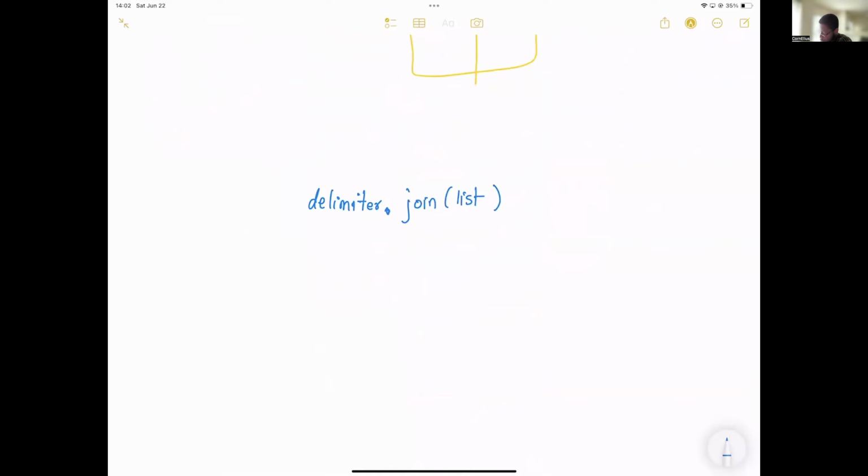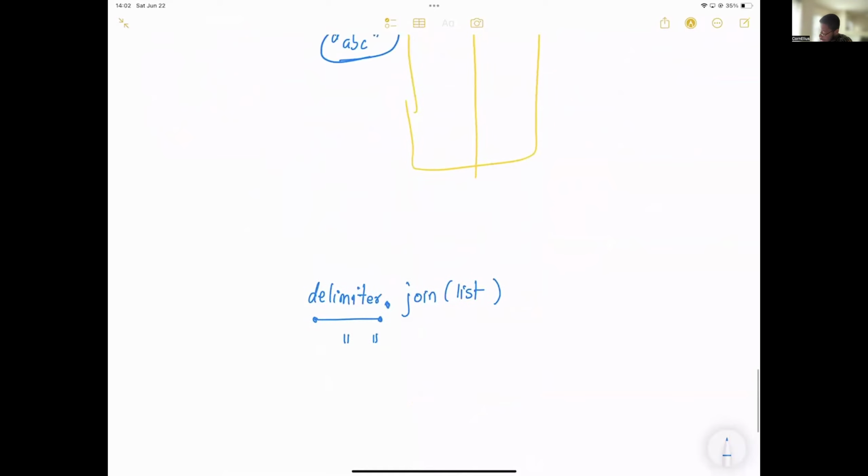Let's consider the parts. One, this delimiter is a string. Delimiter simply means this. For those of you who look at Excel and CSV files, if I have, let's say, 1, 2, 3, these are the items I care about, but I'm separating them with a comma, right? So this comma is called a delimiter. So here I can make my delimiter be the comma, then dot join. If I just want to merge them together like 1, 2, 3 without any delimiter, I can just use the empty string, dot join.